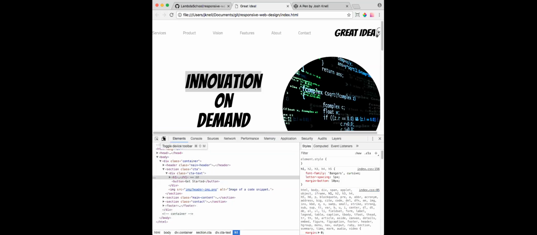Okay, so now there's this really cool tool. It's called the device toolbar. You can toggle it with either Command-Shift-M or Control-Shift-M on PC. Or you can just literally click the icon. So I'm going to click it. And now what it does is it toggles what a device could look like. It kind of mimics a device. In this case, I have it on iPhone 8. So I'm going to go change it to